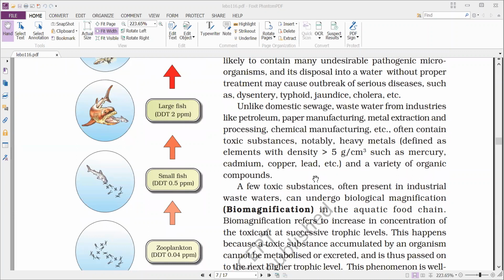That means if the sewage is domestic, it will have different types of pathogenic organisms. But if the sewage is coming from industrial waste,